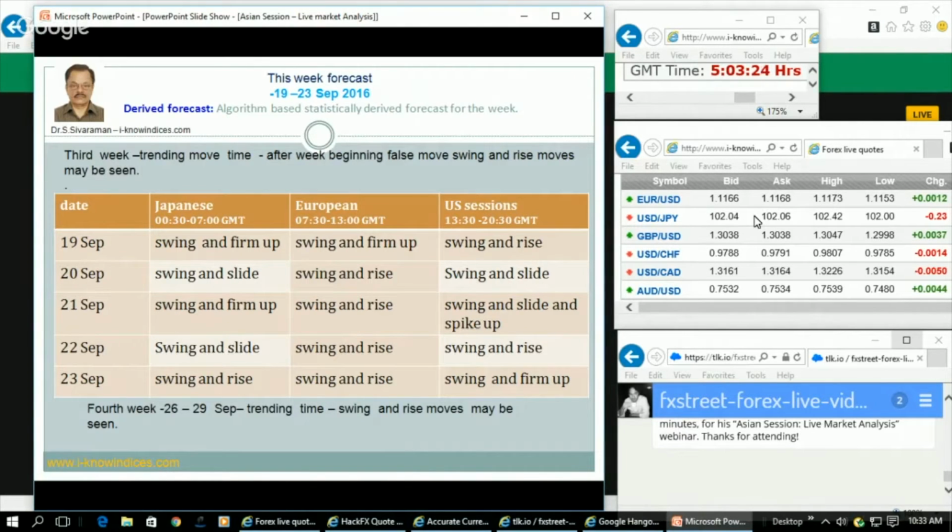And also you come across an important event to happen in this week, namely the FOMC interest rate decision, and what could be the reaction of the market to that. That is on 21st of September. So after that, you could come across the market trying to get their trend for the rest of the weeks in this particular month.